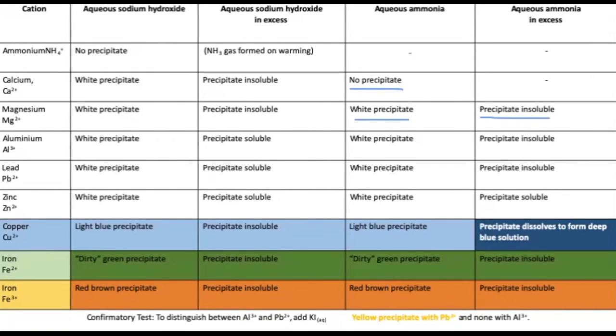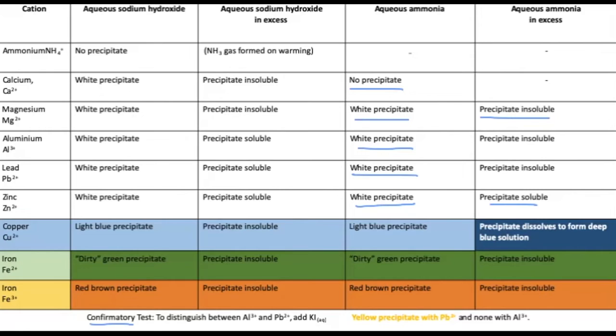Now, to distinguish among aluminum ions, lead ions, and zinc ions, we would also have to subject the three samples to further testing. We would have to use a few drops of aqueous ammonia, which would give us a white precipitate with each of them, and the precipitate for zinc would actually dissolve. That would now leave us with the aluminum and lead ions to distinguish between, and we would have to go ahead and do the confirmatory test that is outlined at the bottom of the table to distinguish between